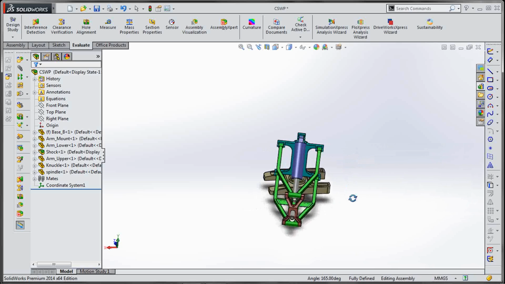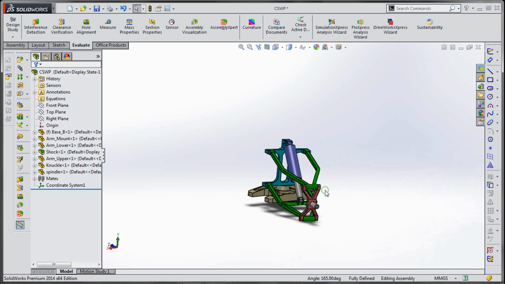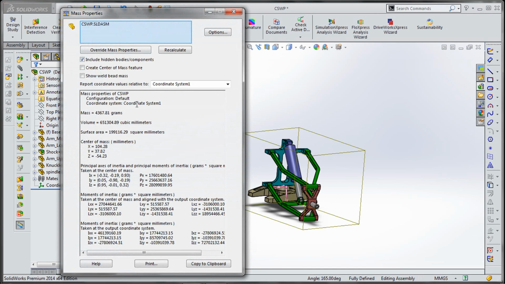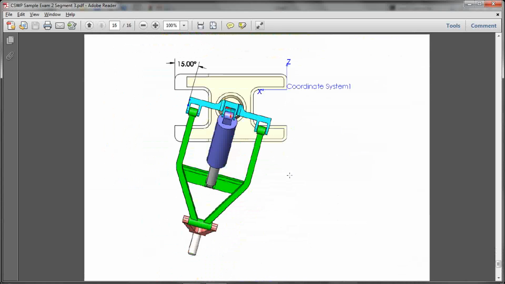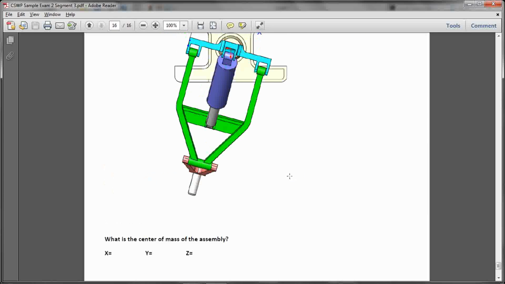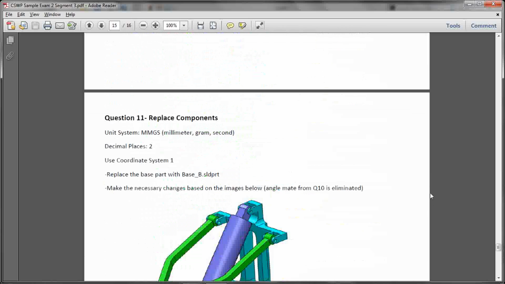And everything is fully defined, so we can find mass, center of mass, and here it is. So it was the last question, and that's pretty much all of this sample exam.